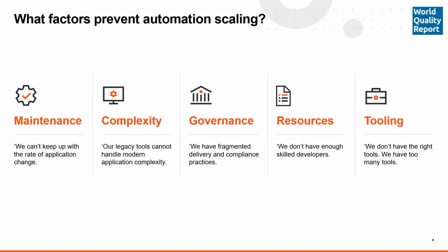And tooling today with legacy tools is like you have to have different tools for different platforms, and a common complaint from the customers is we just have too many tools, right? Which means that I have to have developers of different skills for the same application, right? Just because I'm deploying it in multiple channels, I have to bring in multiple developers with different skills. So these are some of the issues that are actually preventing automation scaling